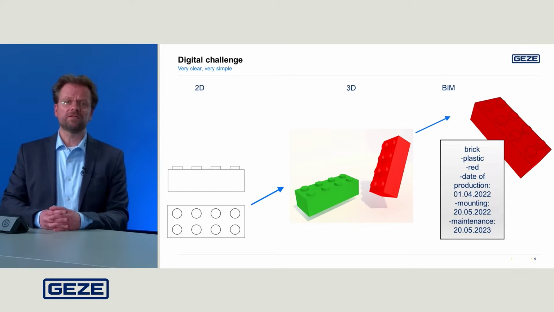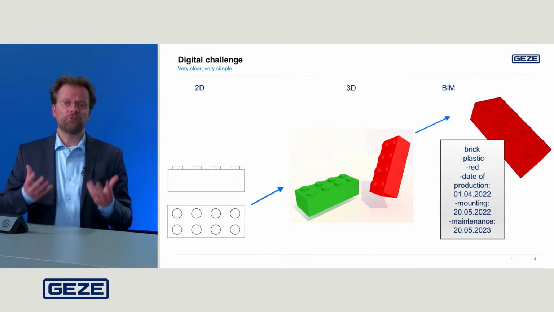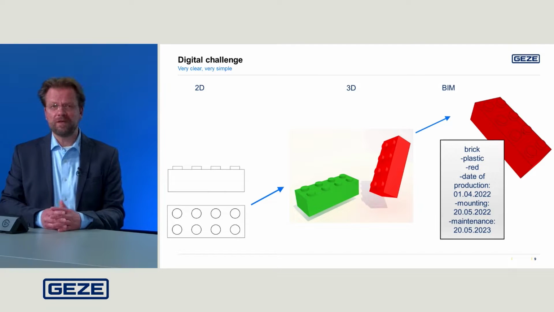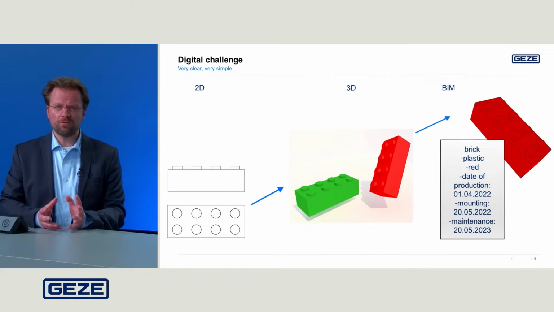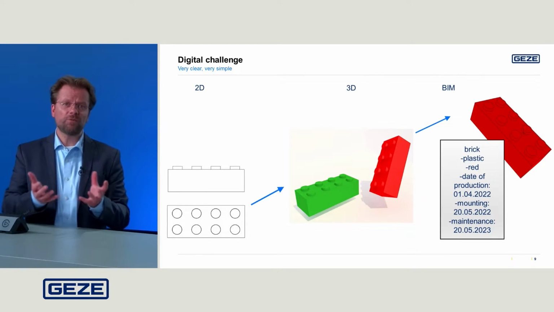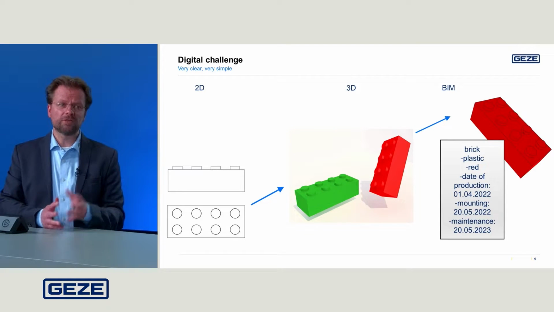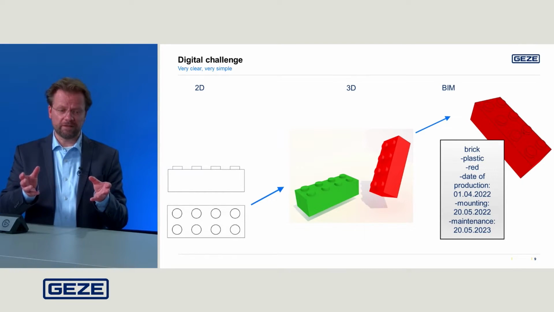And many of us think about BIM as a 3D planning. 3D is, let's call it dumb. There is no data in it. It's not information. And if we think about the word building information modeling, 3D planning is building model. And the information, yeah, where is it?